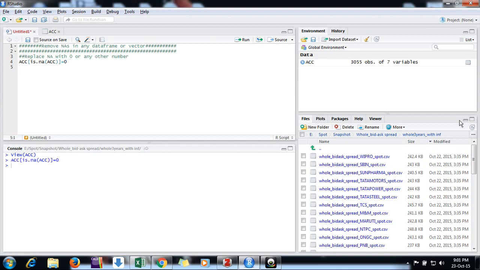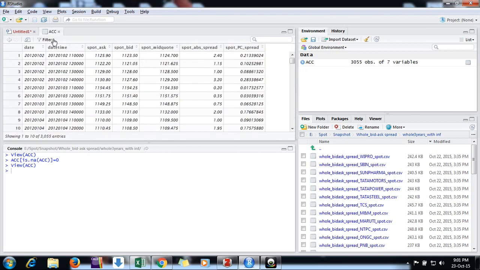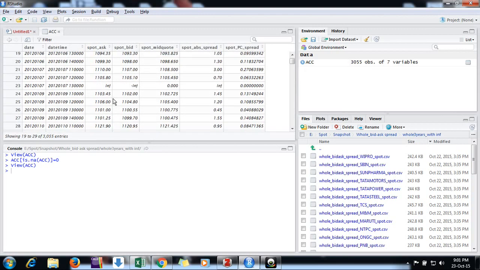So now when we reopen the file, the NAs we were having around the 23rd row, if we go to the 23rd row, we can see these values have been replaced by 0. So this is the way, friends, you can get rid of NAs. That could be very